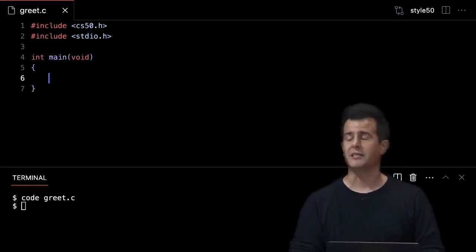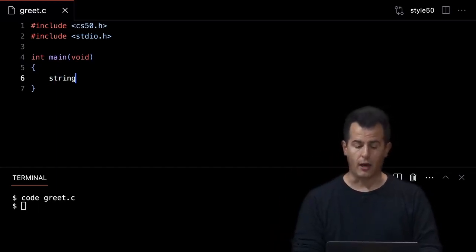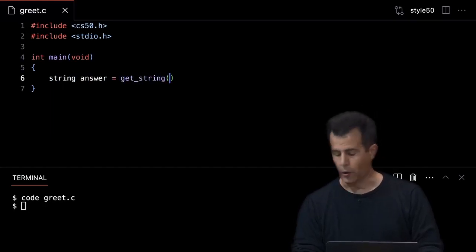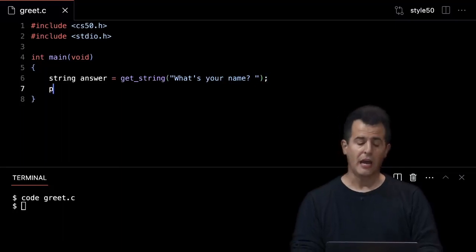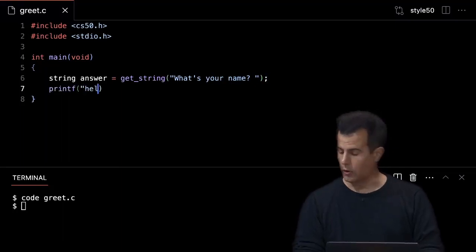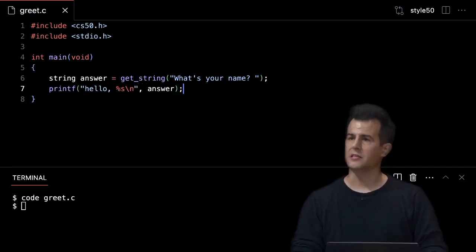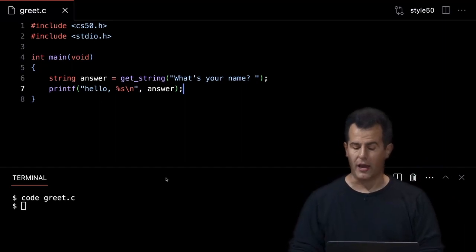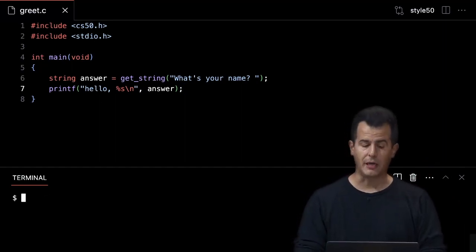If I want to greet myself or Carter or Yulia or anyone else, I could do it old-fashioned now: get the answer from the user with get_string. Let's prompt for "What's your name?", just like we did in Scratch, and then do printf "hello, %s\n", answer. We've done this many times now this week and last. This is the old school way of getting user input by prompting them for it.